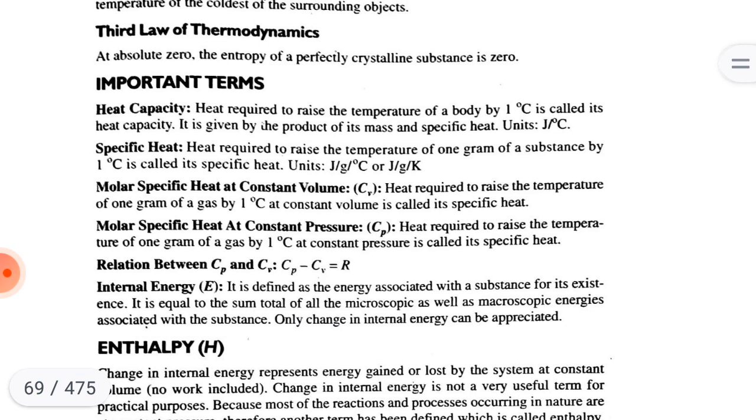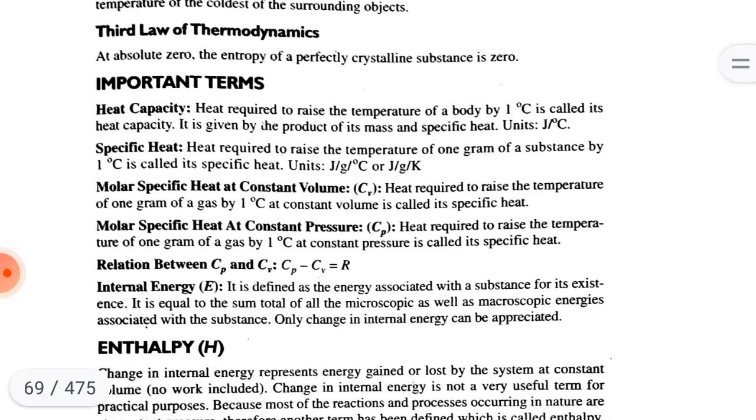Unit is joule per gram per degree Celsius or joule per gram per Kelvin. Molar specific heat at constant volume, Cv. Heat required to raise the temperature of 1 gram of a gas by 1 degree Celsius at constant volume is called its specific heat. Molar specific heat at constant pressure, Cp. Heat required to raise the temperature of 1 gram of a gas by 1 degree Celsius at constant pressure is